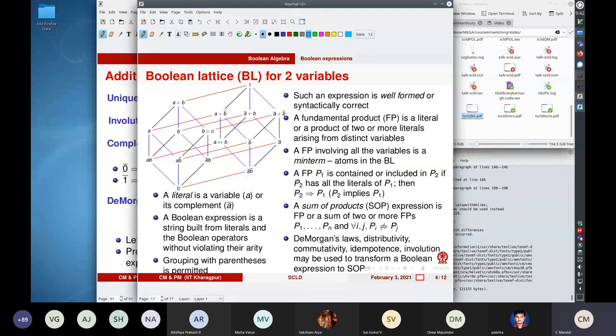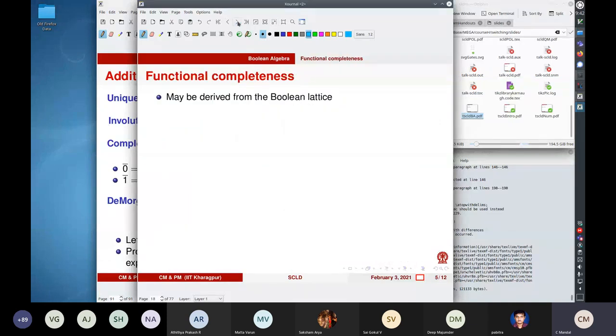And you have also seen that Boolean algebras and Boolean lattices are one and the same really. Okay,